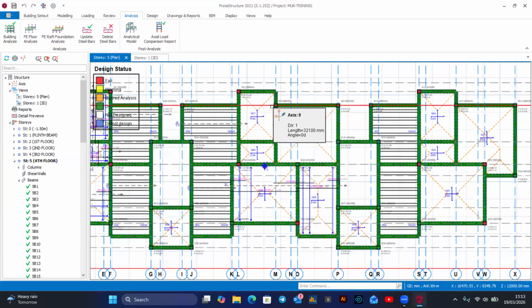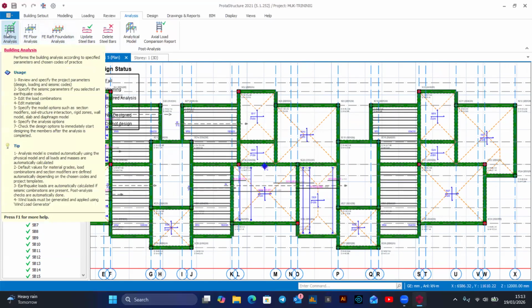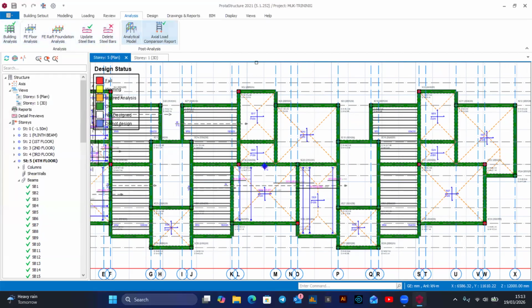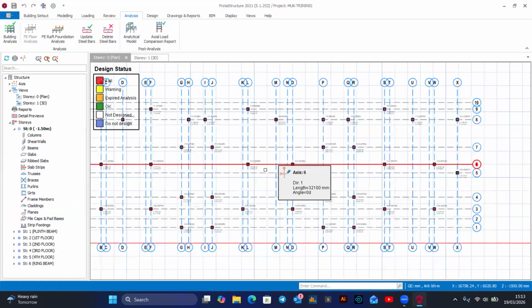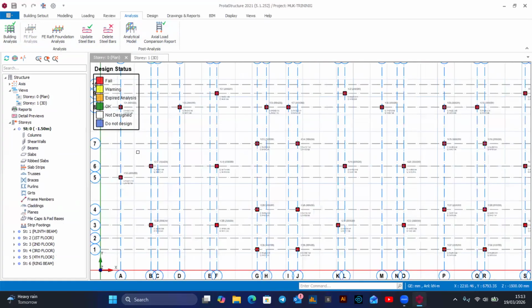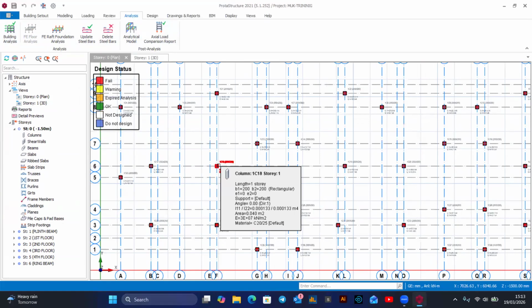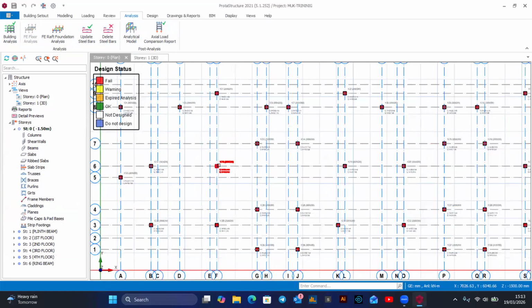What happens is that in case the building analysis is not active, you need to rerun the building analysis before you can perform another design. You get it? Yeah. So let's switch to plan and open story 0. Double click and open story 0. So at story 0,